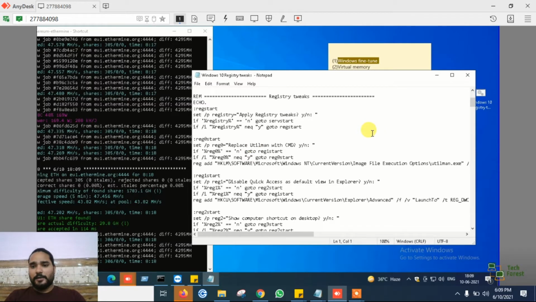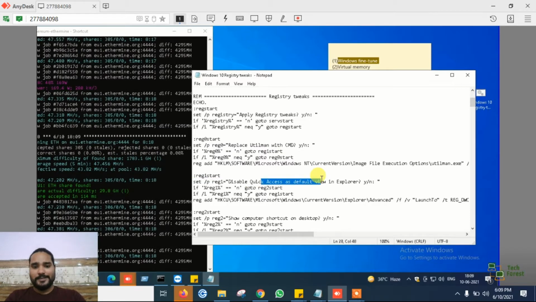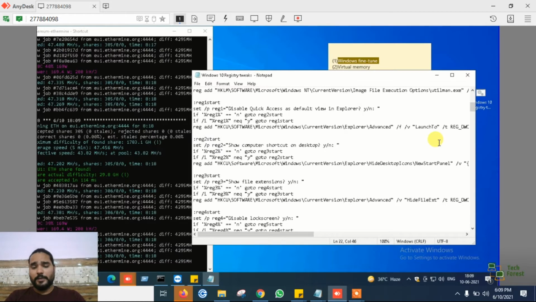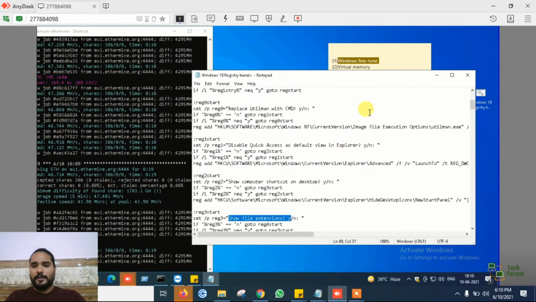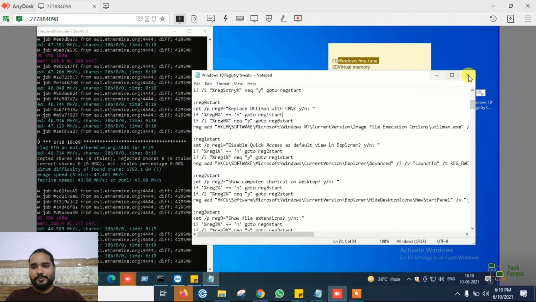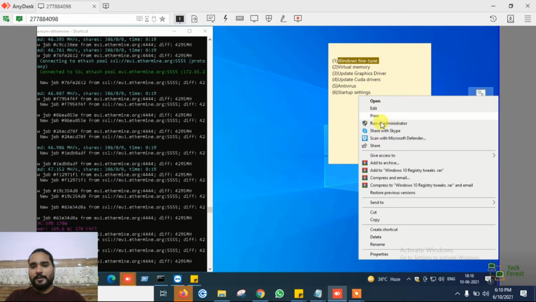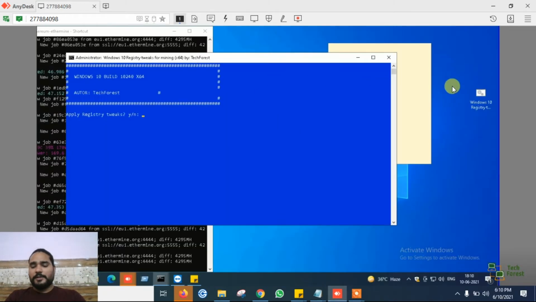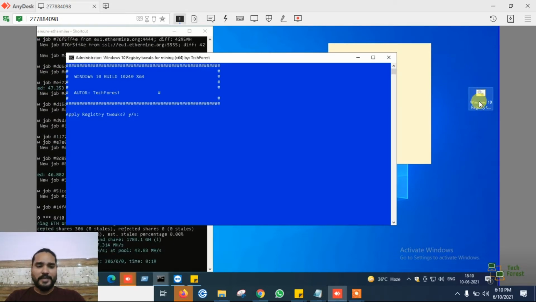This is basically registry editing. We are replacing utilman, we are disabling the quick access feature, we are disabling the location, we will disable Cortana, we will disable Windows Update. Many settings are mentioned in this batch file so that we can fine tune our Windows 10 to get the maximum hash rate. So you only need to right click this batch file and run as administrator. In the description of this video, you will get a link where you can download this small batch file.